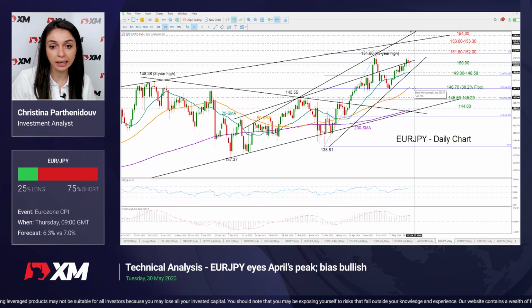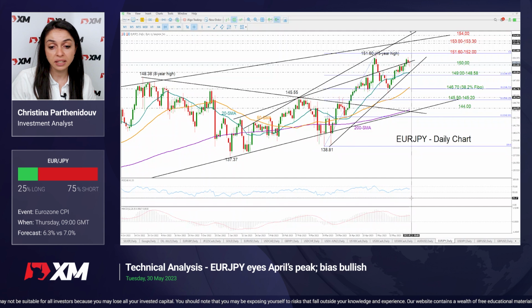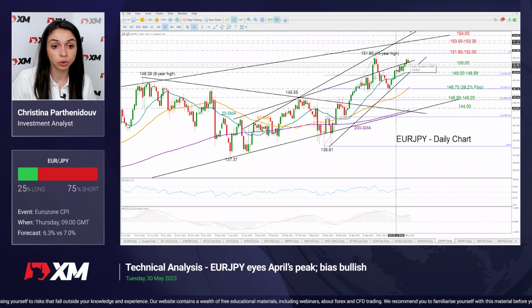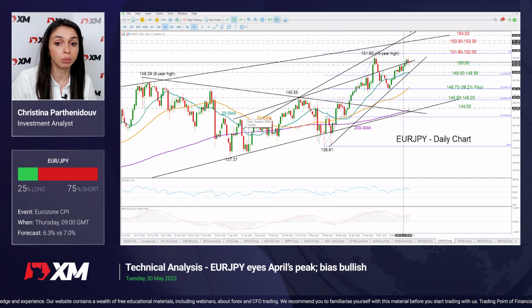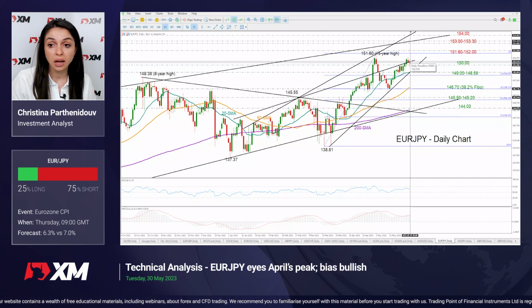146.70. Technically, though, we can see that the technical indicators over here are still within the bullish area, so the bias remains positive. Though for the price to resume its upward move, it will need to rise back above this key resistance trend line, which is keeping bullish actions under control, currently around 150.50. Close above that line